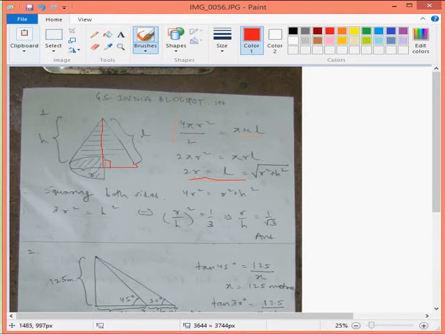Squaring on both sides, you will get 2r square is 4r square, and squaring this side, we get r square plus h square. Solving this, I will get the ratio of the radius and height of this particular cone as 1 upon under root 3. So this is the solution of this question. The important point to note here is that the slant height is equal to under root of r square plus h square. You can see it by this diagram.